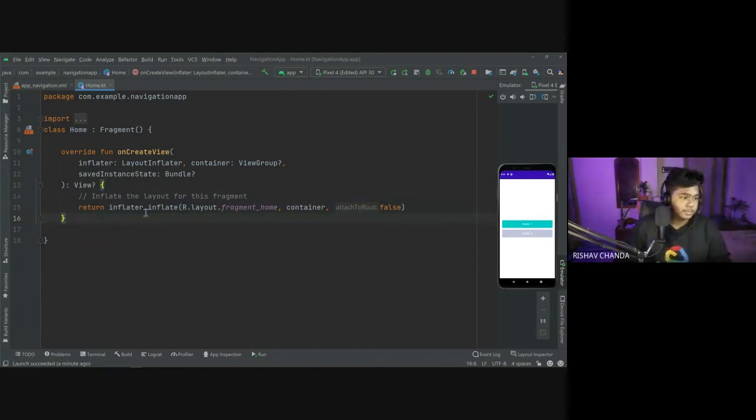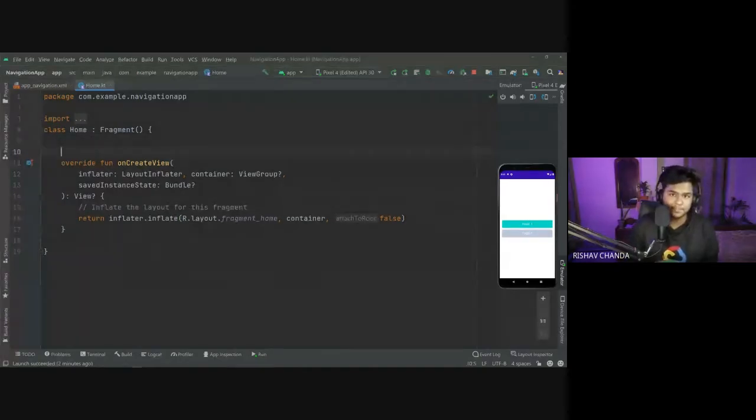Now here you can see that in the comment it is written inflate the layout for the fragment, right? So what is happening here is it is returning the whole view of the fragment. First there is an inflater, then it is inflating it, and then it is returning it, right? So the first thing that comes here is adding view binding. You have implemented view binding in activity, but in fragment we have not shown you. So today I would show you, since we are learning the fragment first. Today is the first day, so I would show you the implementation of view binding in fragment.